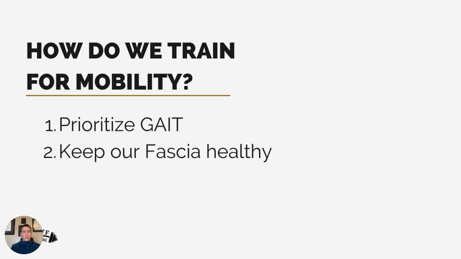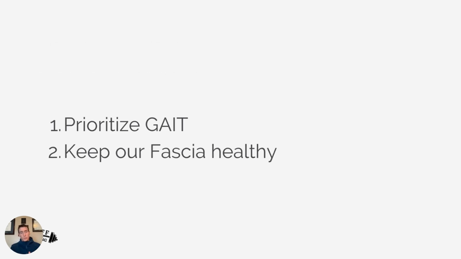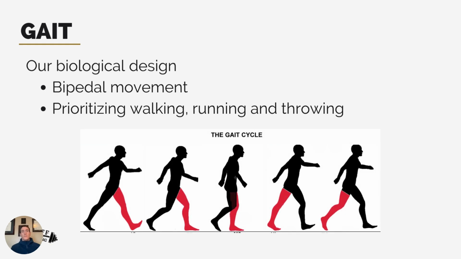The first thing we have to do is prioritize gait. The second thing we have to do is keep our fascia healthy. These are not steps, these are more bullet points. These are two things that you have to do at once. We get into that during this program. So, as far as gait,